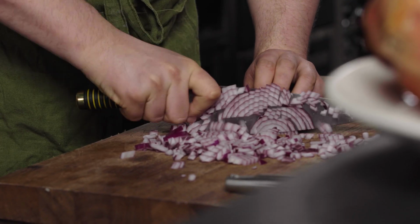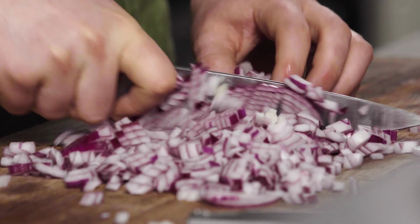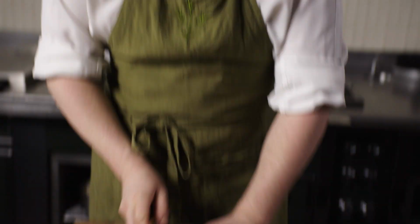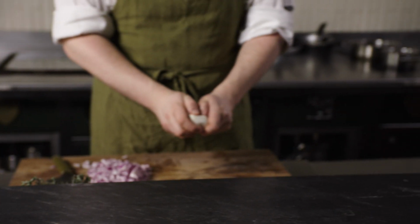Onions are one of my favourite things. We grow them in the garden as well, and we use them while they're young as nice salad onions. And when they get to main crop, we kind of save them and dry them, tie them, and use them throughout the year. So we have a couple of garlic cloves in as well at the beginning,